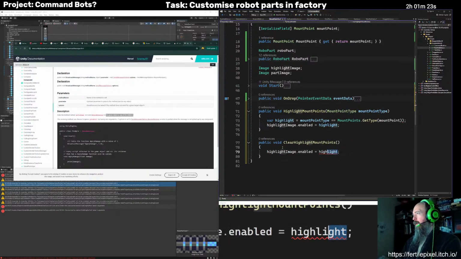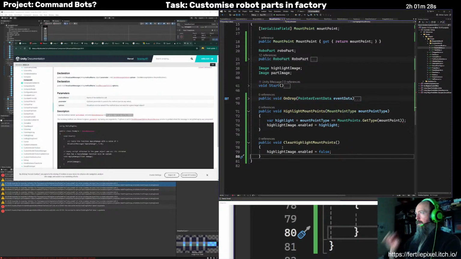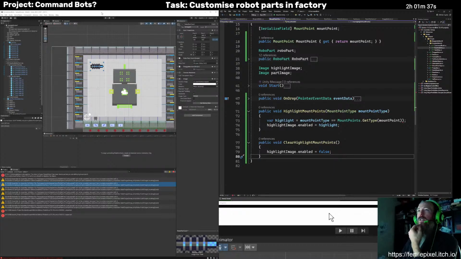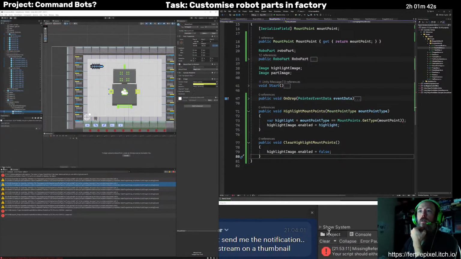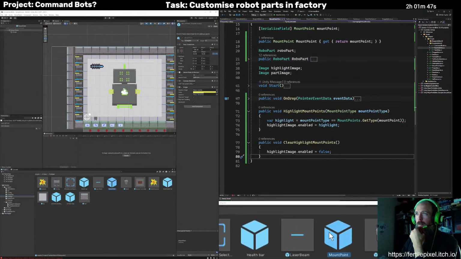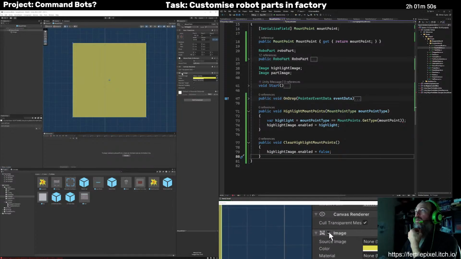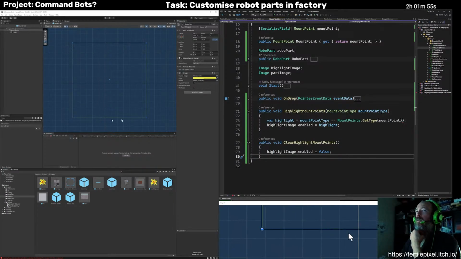And that will just all be false because we're clearing. All right, and then I probably want to start these mount points. I'll just grab the prefab for those. There. So probably just want to have the image disabled initially, but we've still got the target.